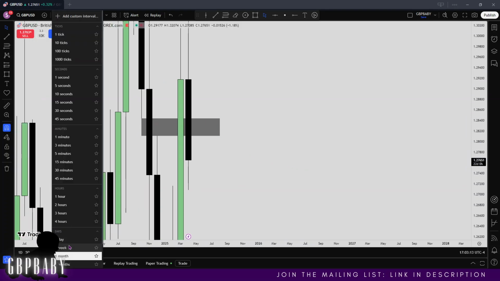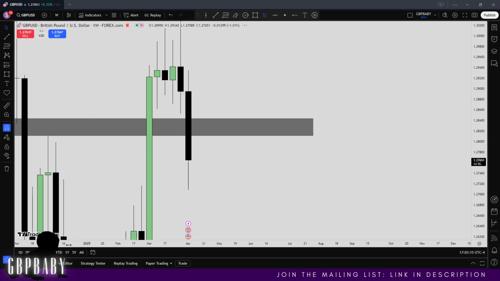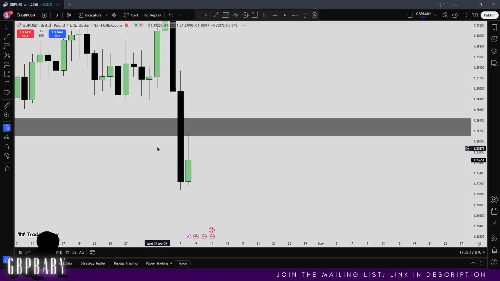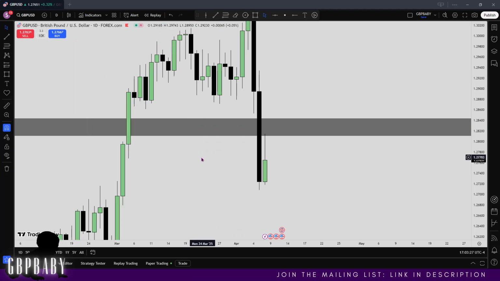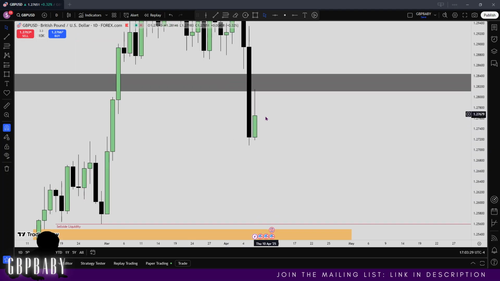I was saying it should act as an inversion fair value gap, in that when price trades to it, we should get a reaction, and that's exactly what we've seen today. Traded right up to it, tapped it, and look at that reaction. Also, it's formed the fair value gap. Now, don't get me wrong, it doesn't mean that price can't trade up into that tomorrow. But remember, we have this bias now of wanting to see some kind of continuation to the downside,